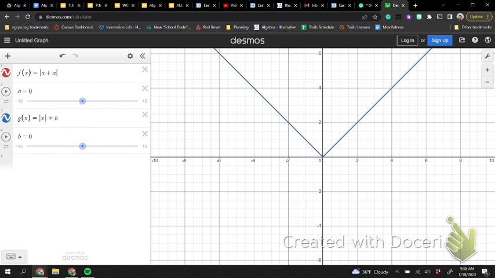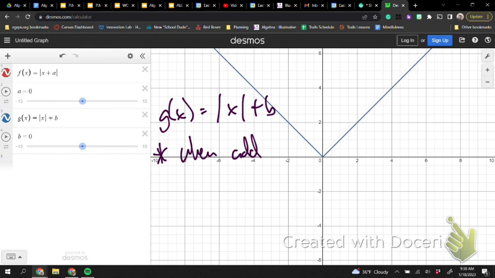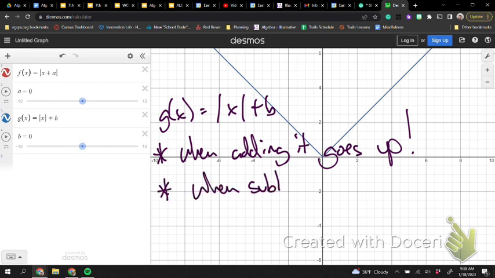So this one's affected by the absolute value, the top one. The bottom one, that input is not affected by the absolute value. Okay, so the general rule we're going to have for g of x, which is the absolute value of x plus b. So when adding, it goes up, when it's outside. When subtracting, it goes